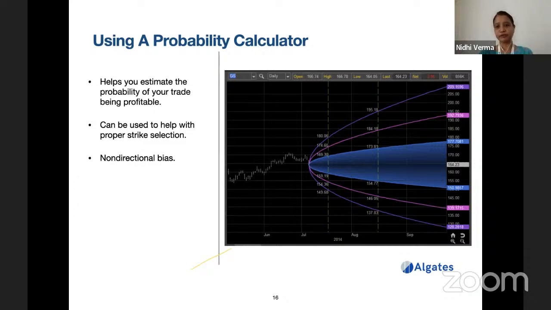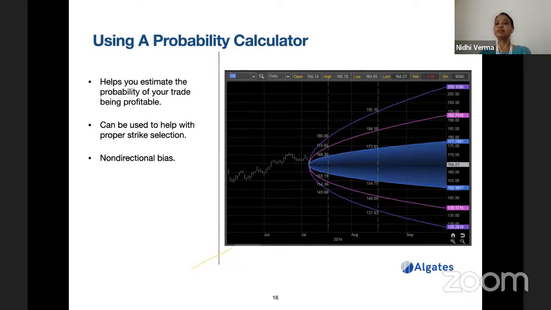This is just a screenshot which I have taken, so just take it as a theoretical thing. And this is very old also. I've just taken it from the internet, the screenshot which you can see on the right hand side. So suppose there is a stock which is currently trading at 164.23. On the extreme right hand side you see 164.23, right? Suppose the time frame is July-August 2014. So the stock is trading at 164.